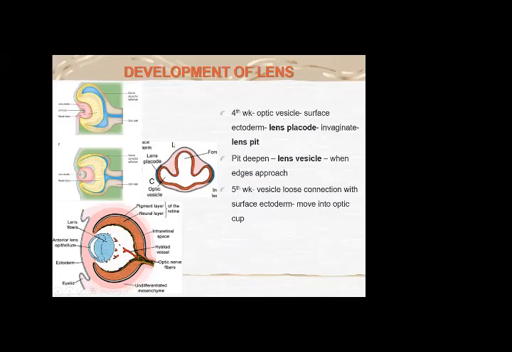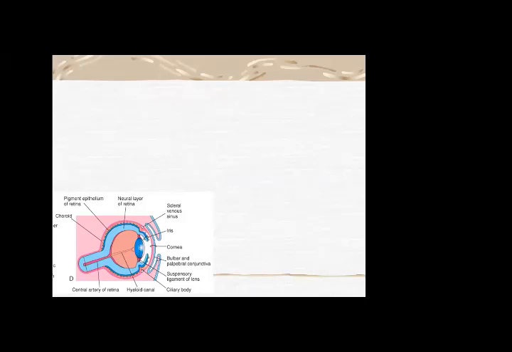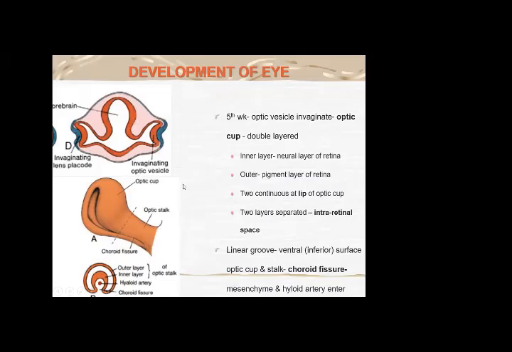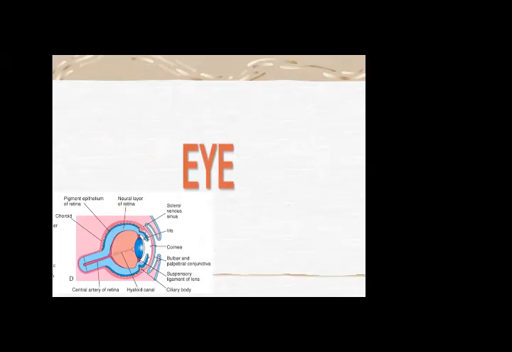If I go back still further, optic vesicle पे आ जाते हैं, here optic vesicle. This is simply evagination of the forebrain. ये forebrain है. This is the cavity of the forebrain. From the cavity of the forebrain, there is an evagination. This evagination develops into optic vesicle. ठीक है? So optic vesicle is simply the evagination of